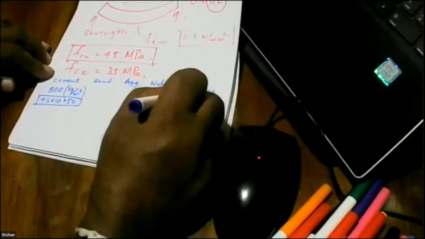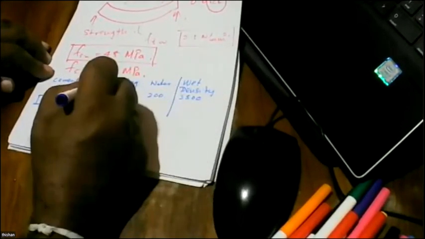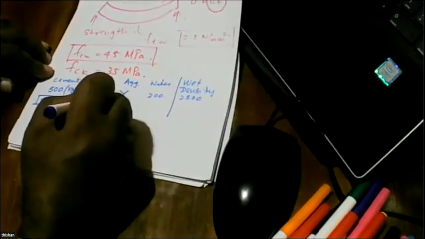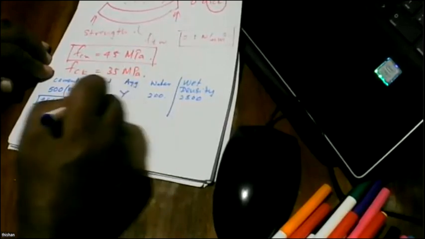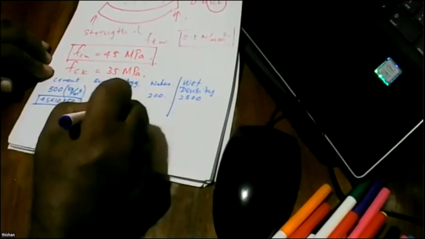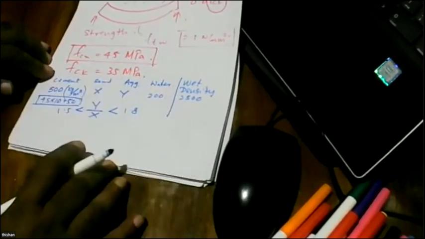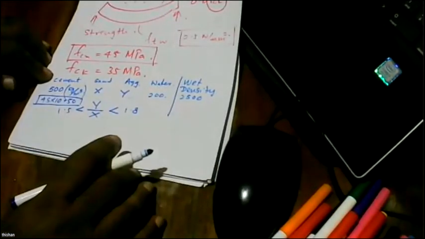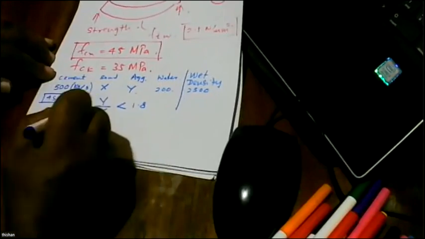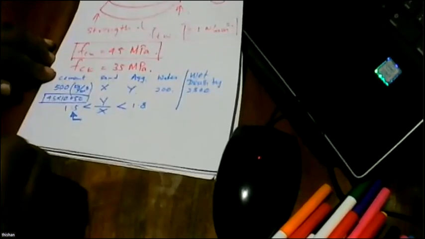Then the amount of water needed is 200. Wet density is 2500. These are fixed numbers. Here you get X and Y. And X to Y ratio, sorry, Y to X ratio can vary between 1.5 and 1.8, right? Again, we need a very neat finish. So we like to have some certain amount of sand. So we might limit the upper limit to about 1.8. And if you are going to go with 1.5, then